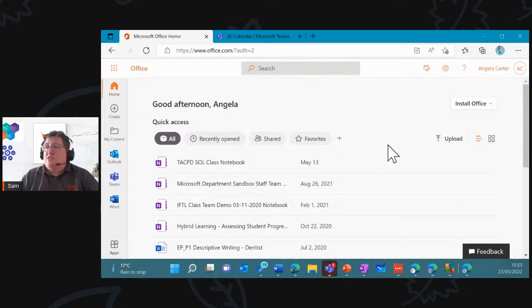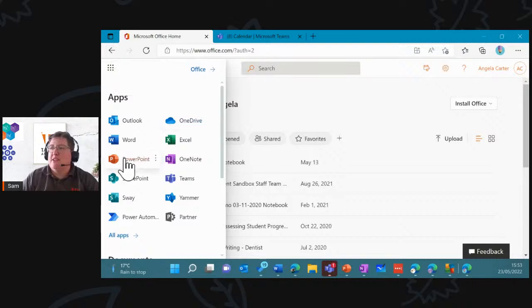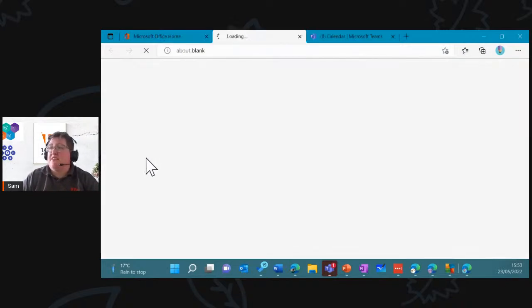So thinking about Office 365 initially, quite often we'll direct them potentially straight to something like Teams. It's worth considering that we don't just have Teams available here. We do have a whole range of different options for applications. So teaching them about the waffle, the app launcher in the top left-hand corner, and that they can navigate between different things. So for instance, they can navigate between, say, Word,